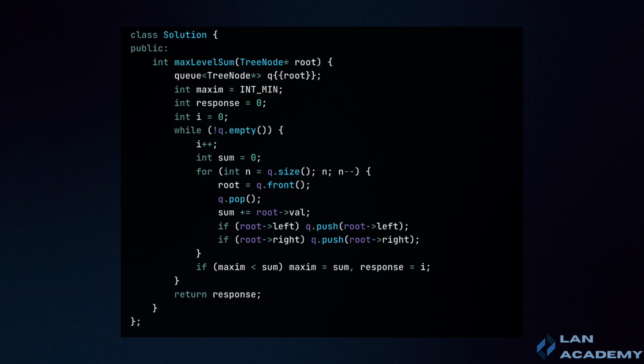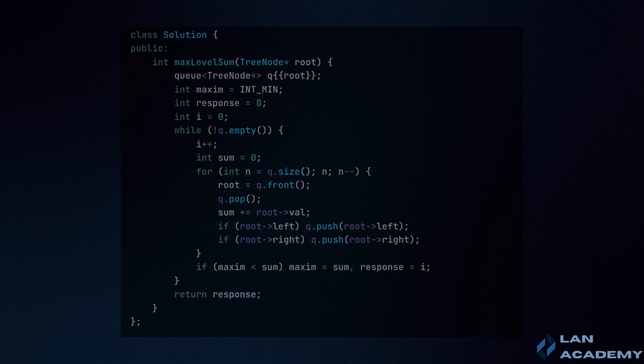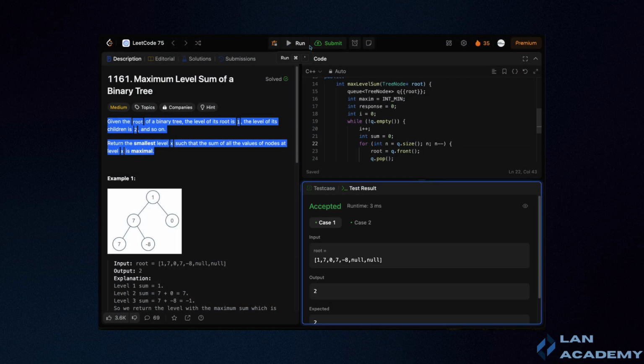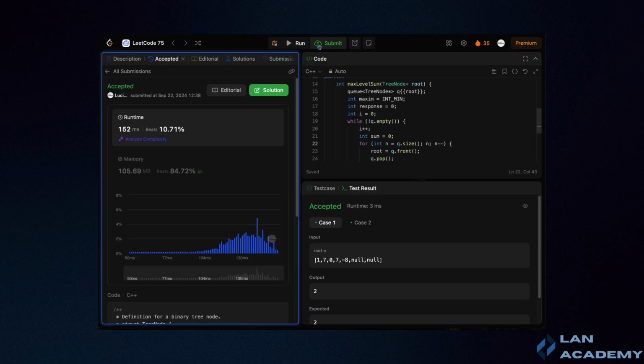The BFS approach is particularly well suited for this problem because it allows us to process each level of the tree independently. This makes it easier to calculate the sum of the node values at each level and compare them to determine the maximum sum. Additionally, BFS ensures that we explore the tree in a systematic manner, which helps to avoid errors and ensures that all nodes are processed. And now, let's test this algorithm with some cases. You are encouraged to test out your own ideas and examples, as it can help you better understand this algorithm.